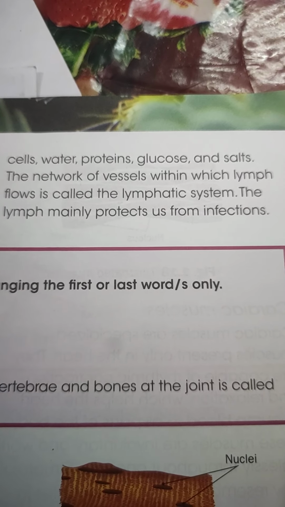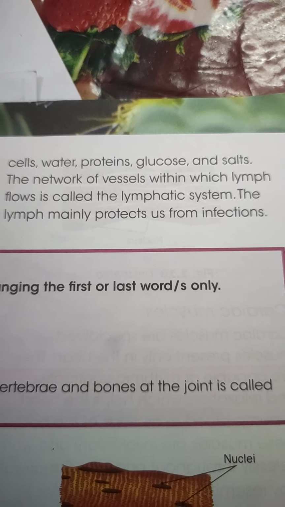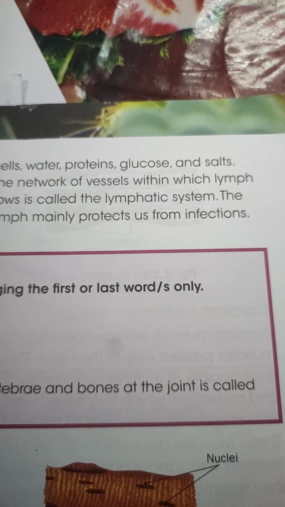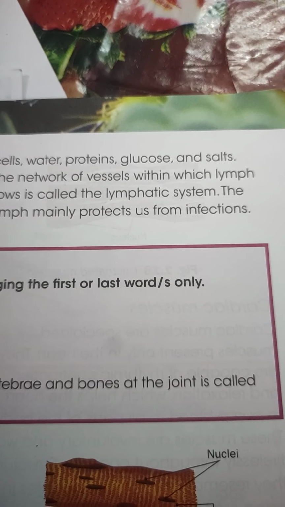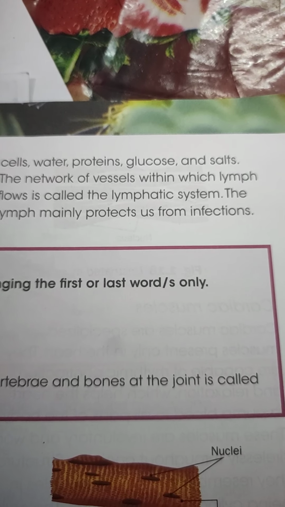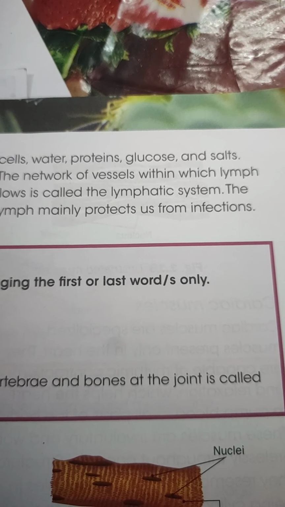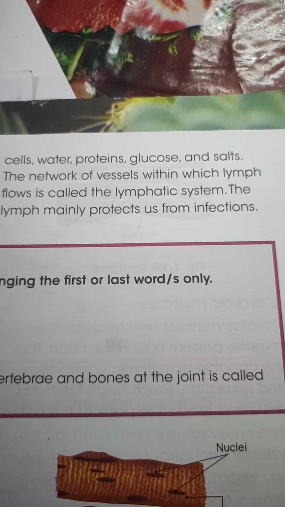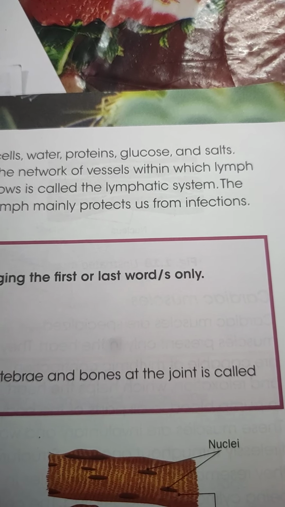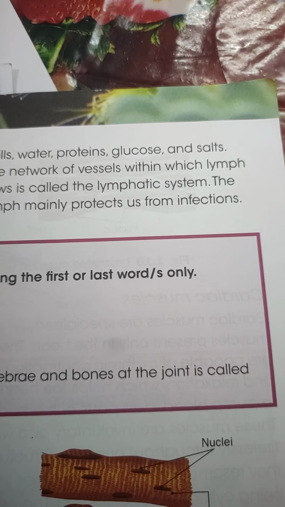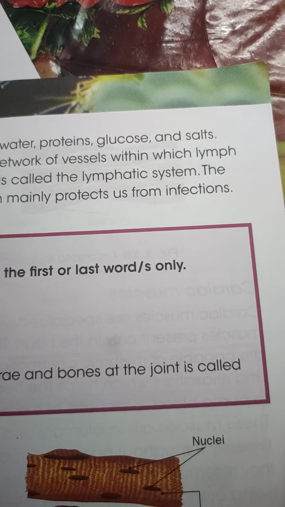One is the blood circulatory system, another is the lymphatic system. So from where does lymph come, what exactly is lymph? The lymphatic system is the parallel circulatory system, and it's made up of lymph vessels and lymph nodes. Like the blood circulatory system is made up of heart, arteries, veins, and capillaries, in the same way the lymphatic system is made up of lymph vessels and the lymph nodes. So this lymph actually comes from the blood only.